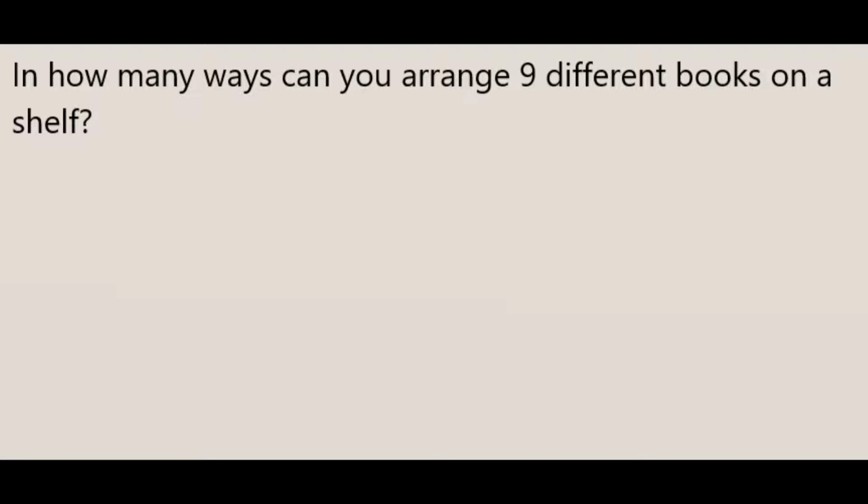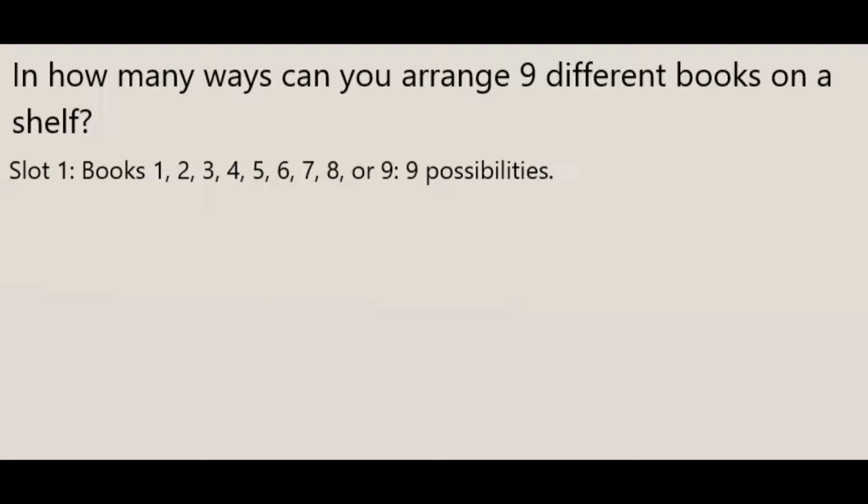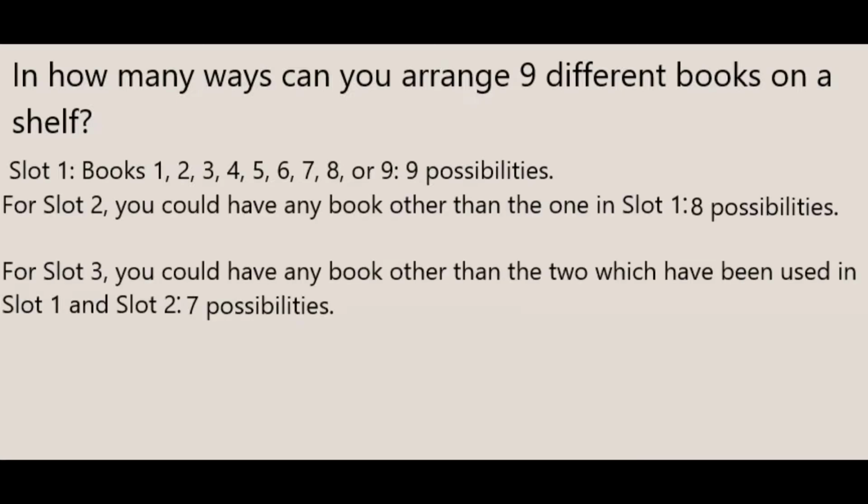Let's start by visualizing this, where every book is represented by a number. Let's call them 1, 2, 3, 4, 5, 6, 7, 8, and 9 for simplicity's sake. For the first slot, you could have any book from 1 to 9. For the second slot, you could have any book from numbers 1 to 9 other than the one you've already picked, leaving you with 8 other book numbers. For the third slot, you could have any number from 1 to 9 other than the 2 you've already picked,